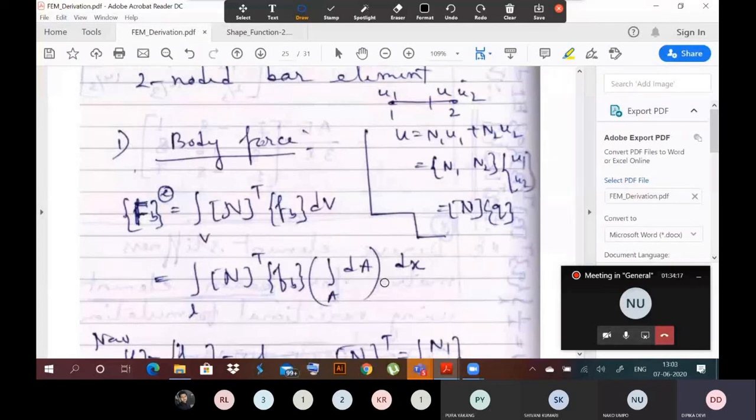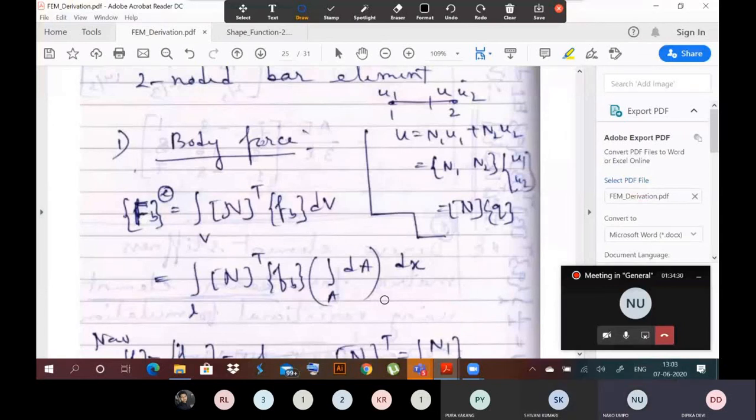What's the time? It's 1. So I think I'll leave today because I have lots of work to be done. So next class we'll have tomorrow. Is it possible to have it tomorrow? Yes, tomorrow I'll complete this derivation part. Then we'll have only the problem solving part. We'll solve some problems for bar, for beam, and for frame and truss. So I think I need 2 more classes.